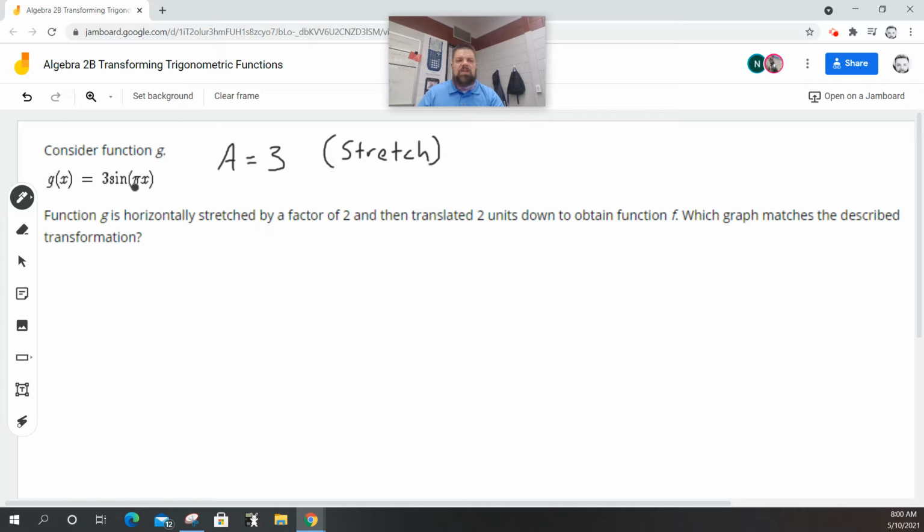Okay? And then pi, remember that the period for sine is 2 pi over b. But in this particular case, b is equal to pi, right? This is b, this is a, because it looks like this, right? Sine of x. So we got a sine of b x minus c